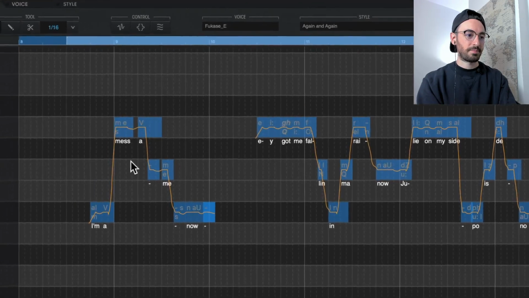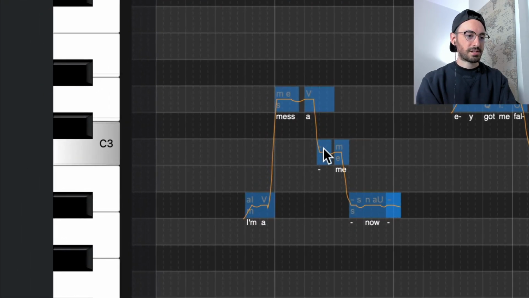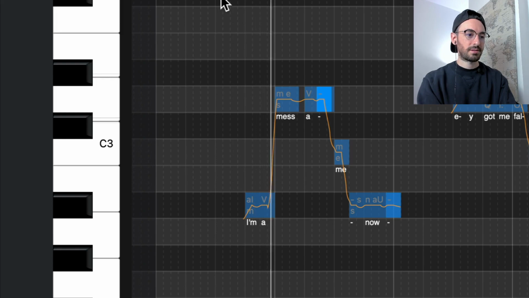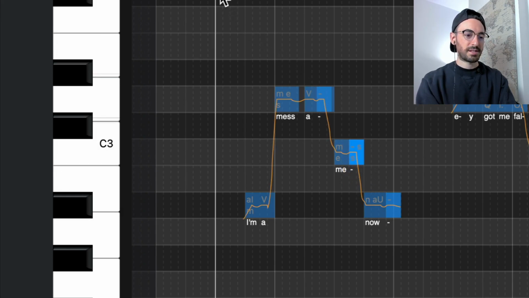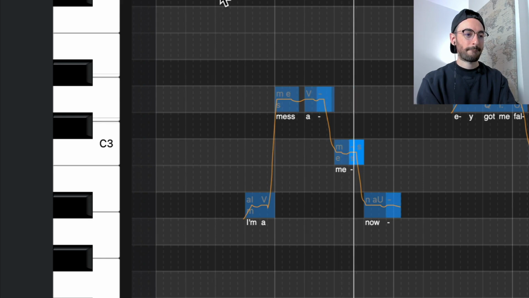For example, you can see this little dash that I have over here. I'm going to move this back up. And that vocal line, instead of dipping down to a lower pitch, it's going to stay on that note. So the word A, when it says it's going to stay on that same pitch. I'm a mess now. I can actually bring this one up too. So and mess are going to stay on the same pitches. I'm a mess now.